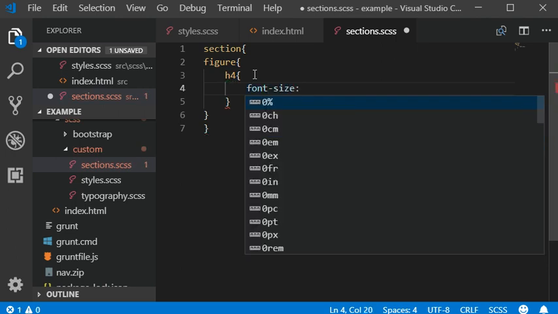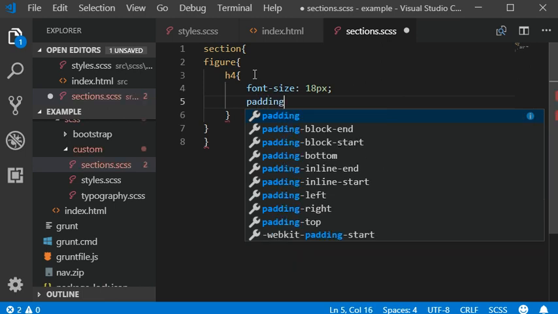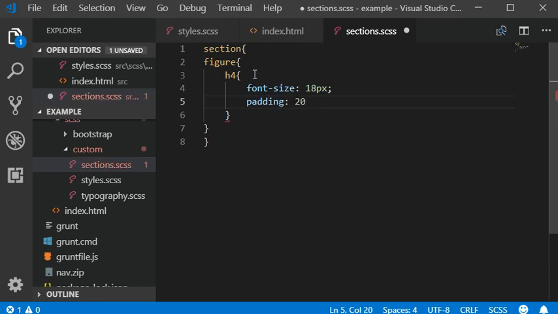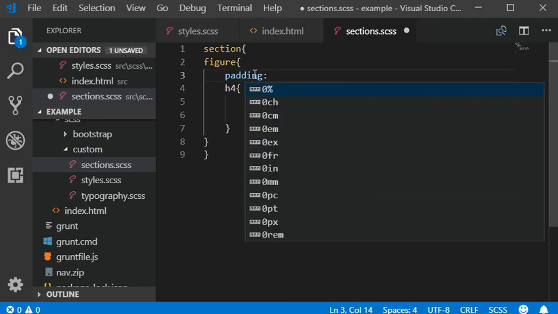Font size should be 18 pixels, and then padding should be 20 pixels or maybe 10 pixels from top to bottom. And then also we need to add padding over here, which is the padding from left to right,